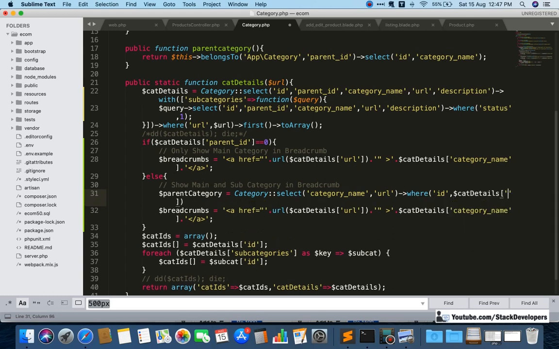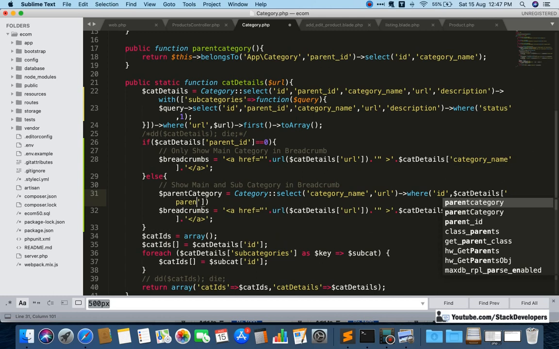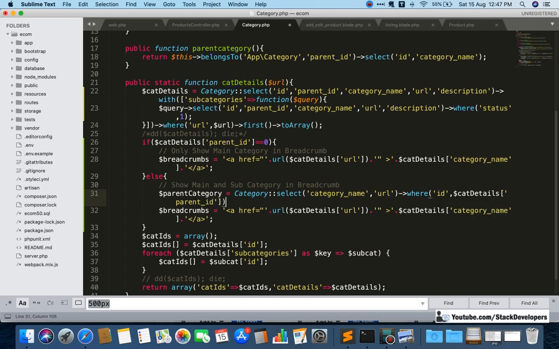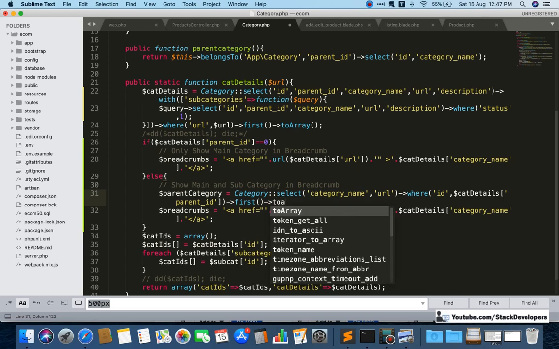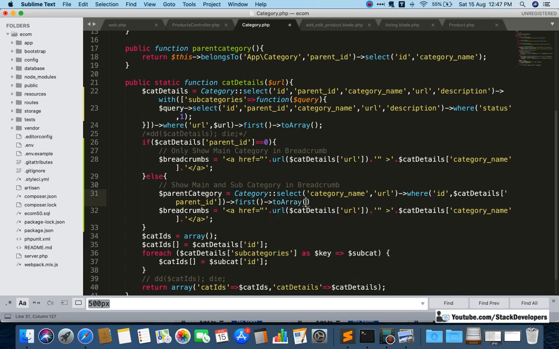Cat details, we have the parent id, and from the parent id itself we are going to fetch the parent category of this subcategory, okay. So we are going to use first and toArray. Okay, so here we can add the breadcrumb, okay.